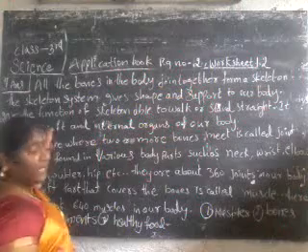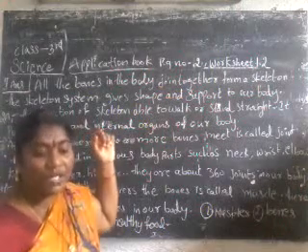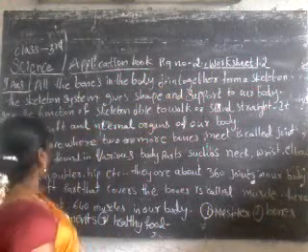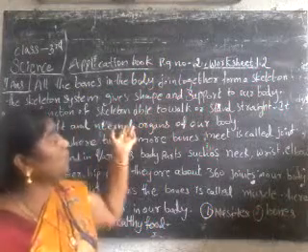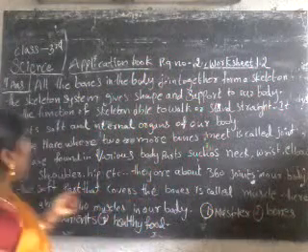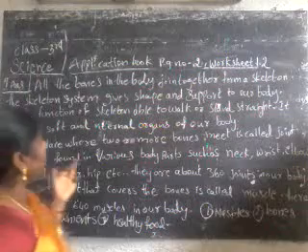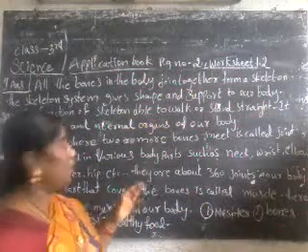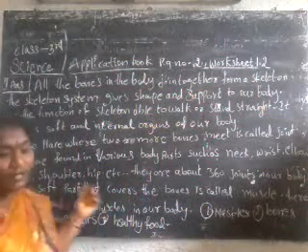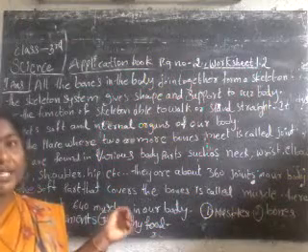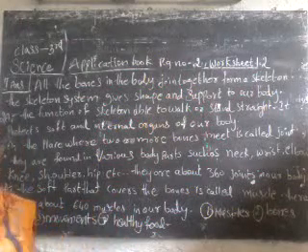The second question is, what is the function of the skeleton in the human body? The function of the skeleton is to let us walk and stand straight. The skeleton protects the soft and internal organs of our body. Third question, define the joints and how many joints are there in our body.